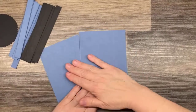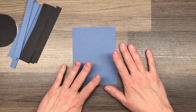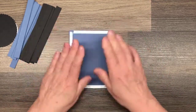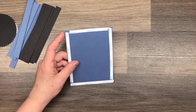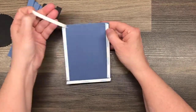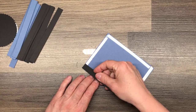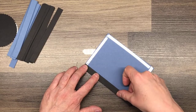All right, so our inside is done. We're going to set it away. Now I have another piece of the blue cardstock, and this is also 4 by 5 1/4, and this is going to be the piece that we're going to work on. I have taken some tape and put it all the way around the perimeter of this card. And what I'm going to do is just lift one end for now, and I am going to place